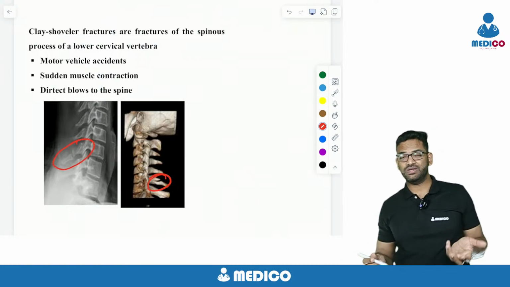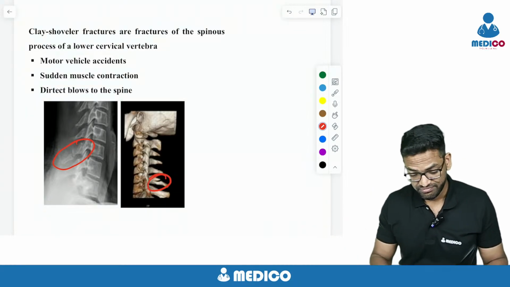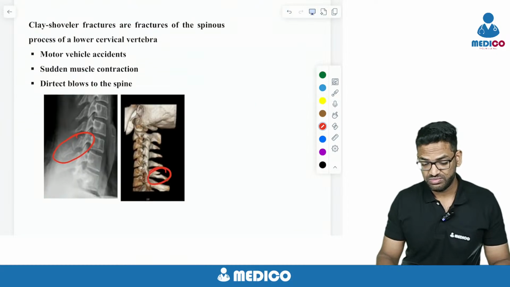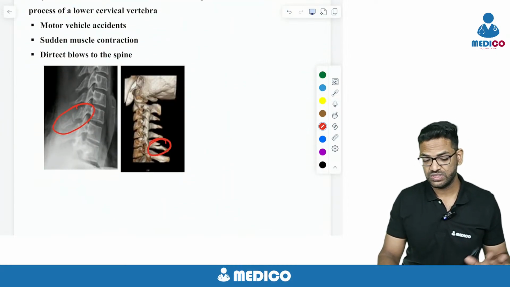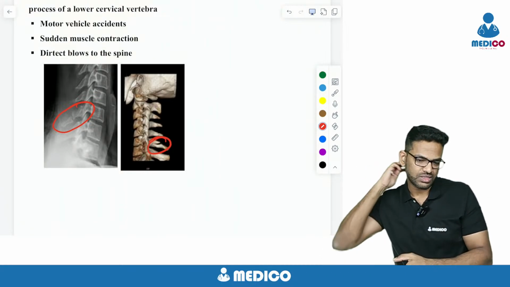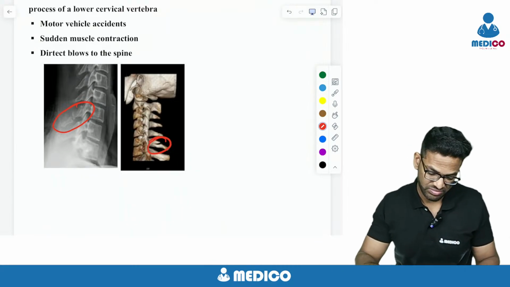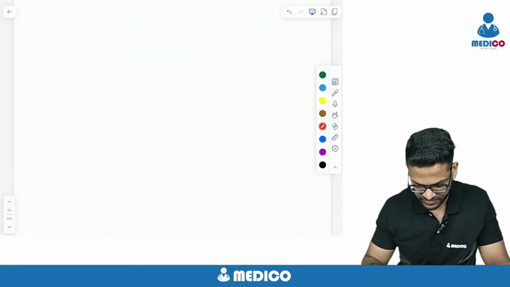It was discovered in old Australian coal miners. It has that kind of a history. So that's about it. Direct blow, motor vehicle accidents, subtle muscle contraction. When you shovel clay, a subtle muscle contraction here can break the spinous process. So that's simple. So next,